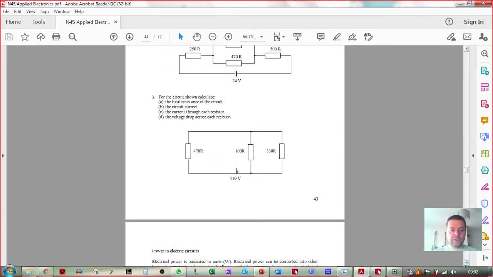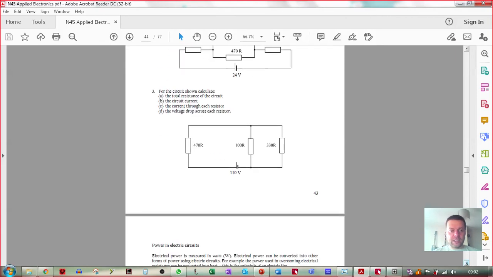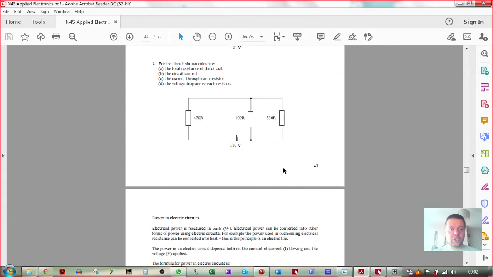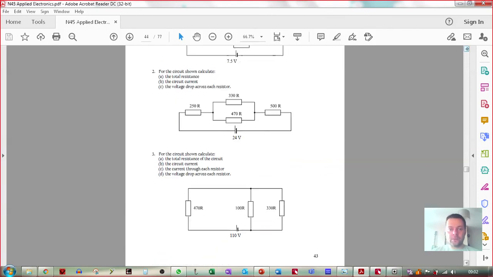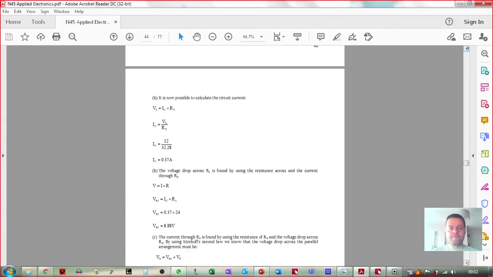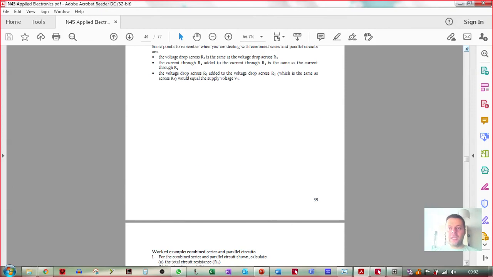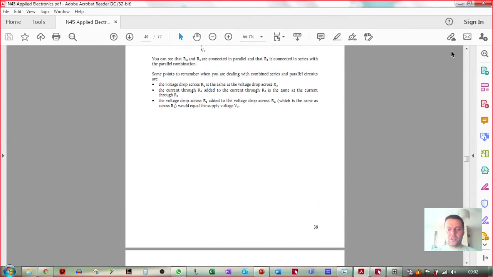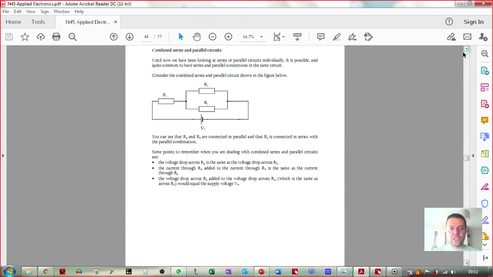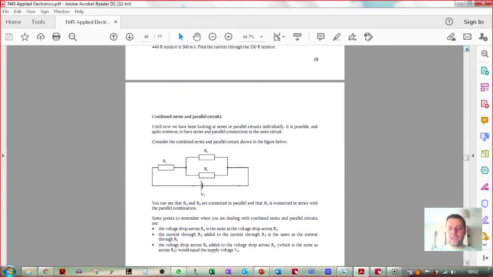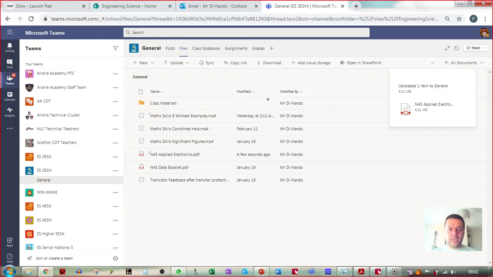Okay, so what I'm going to do is set this, and I want you to stop there. I don't want you to go into power yet, I just want you to do that stuff, because that's all Ohm's law, Kirchhoff's law and resistance, and that's all I want you to focus on. Because it's a double period today, I'll give you a double period today and then another period after that to do this, so you've got a fair bit of time to get this work done. I'm going to ask you to put it into a